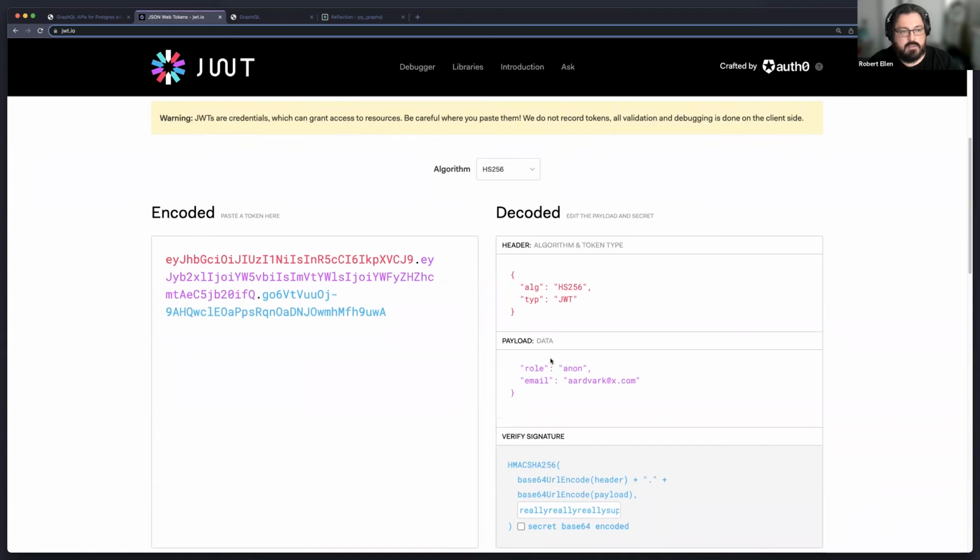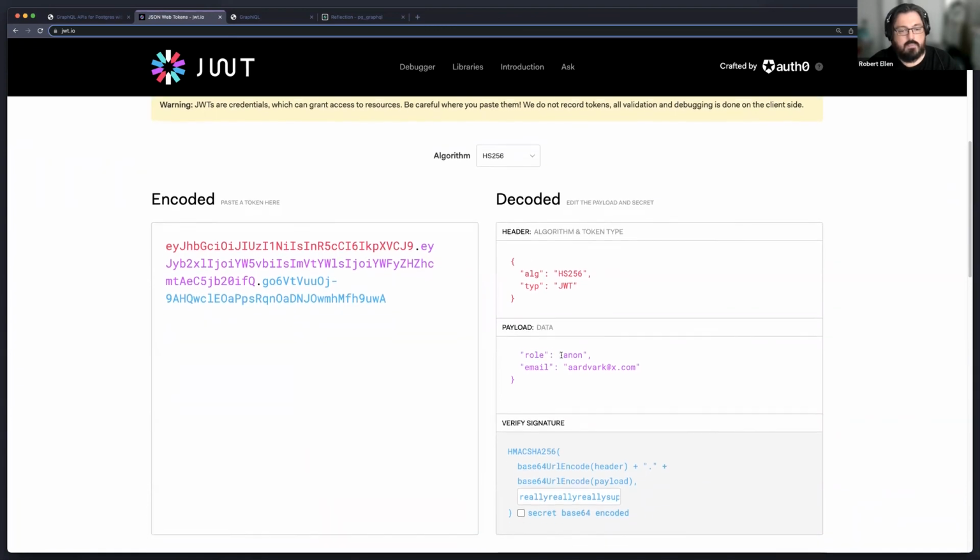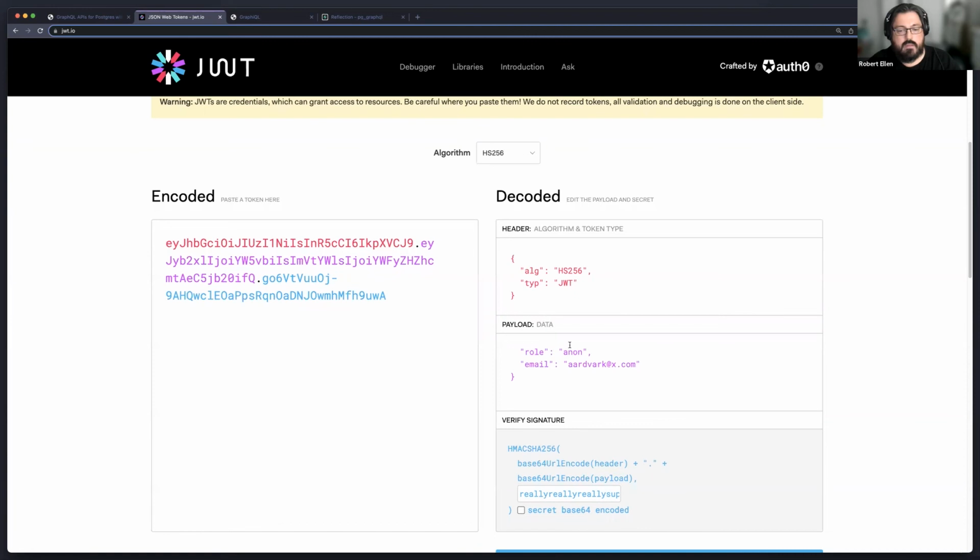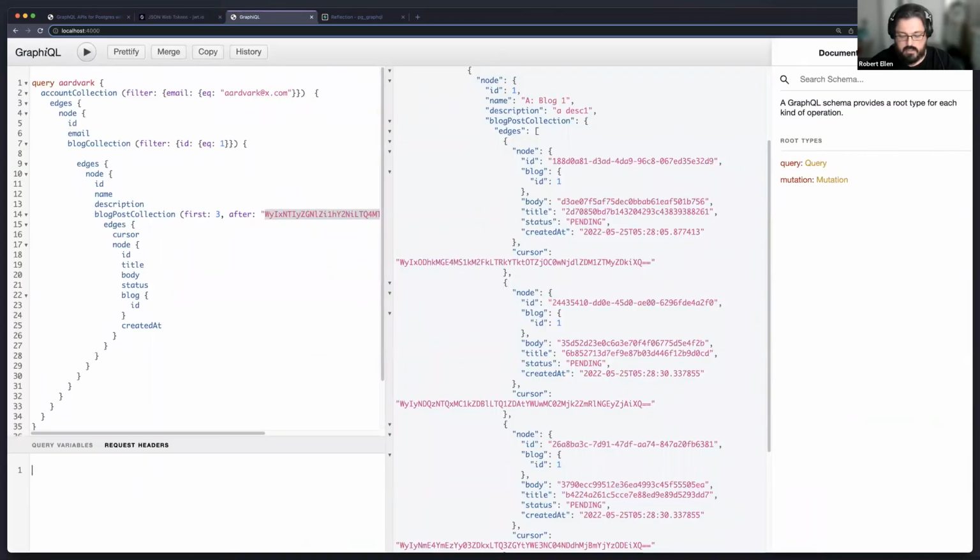So in our JWT token, we have a payload that includes a role, and we've set up PostgREST with a very, very super secure secret. And then we have an encoded token here. So if I was to copy this and go back to GraphQL and quickly add this in,